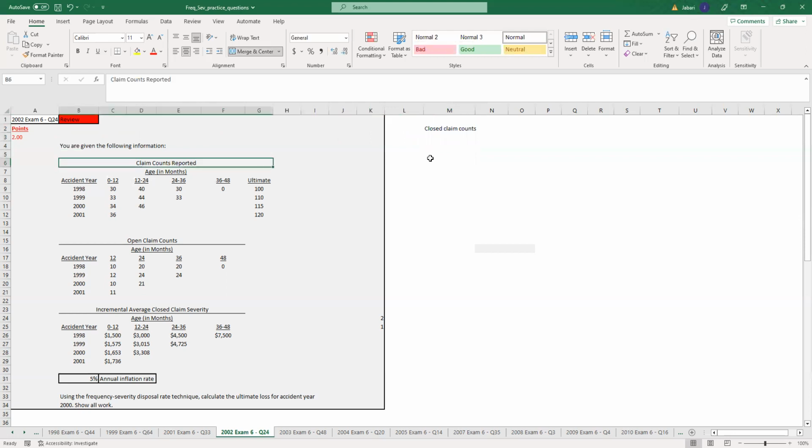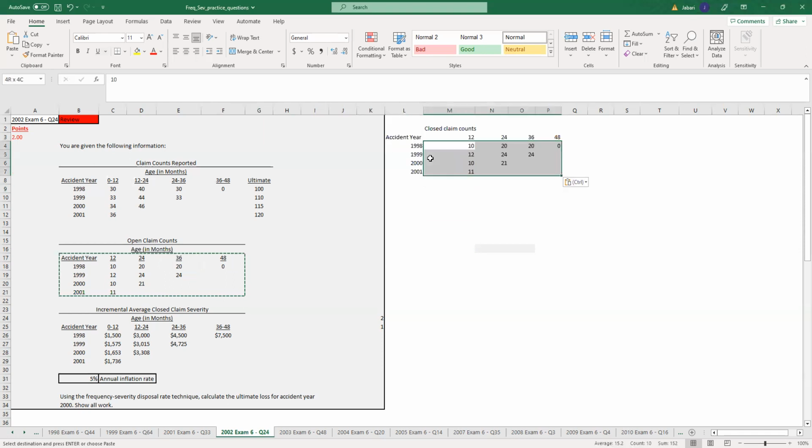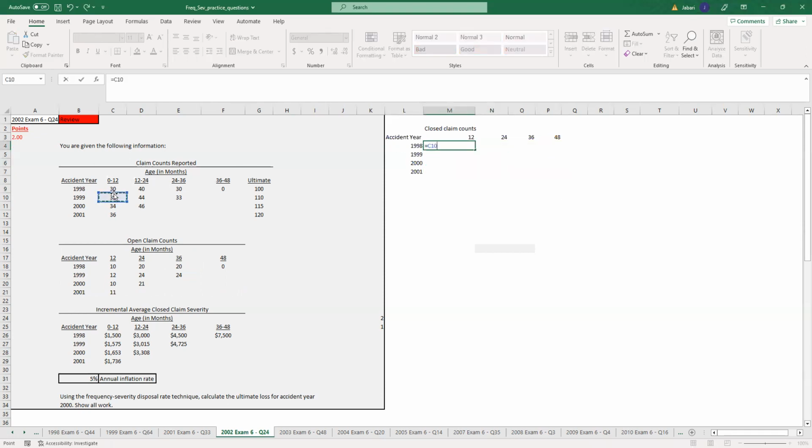So closed claim counts, and I'm just going to take this one here to save some time. The first year's is going to be the reported minus the open. Whatever isn't reported has to be closed, right? And then the second year, we're going to do the exact same thing where we take the difference